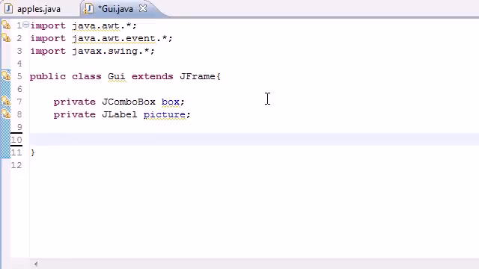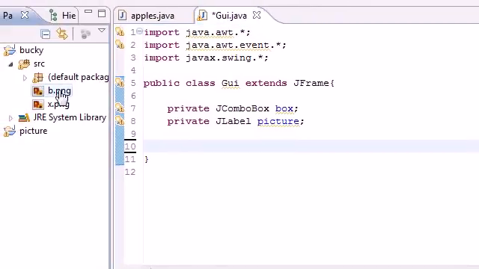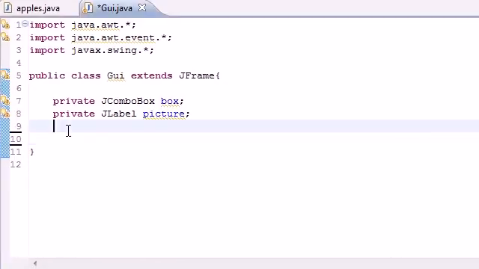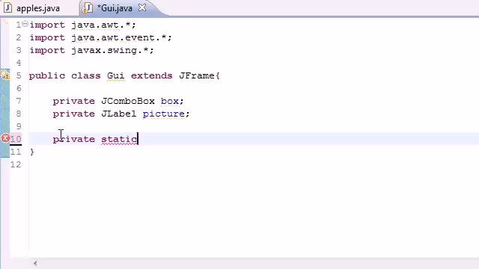Now the next thing we need to create is actually two arrays. You see here I already have two images, b.png and x.png, and these are pretty much just an image that says b and an image that says x with a little graphics on it. So we need to create two arrays. The first array is going to store the file names, and the second array is going to store the pictures itself. So let's go ahead and put private static, we don't want it to change, String,